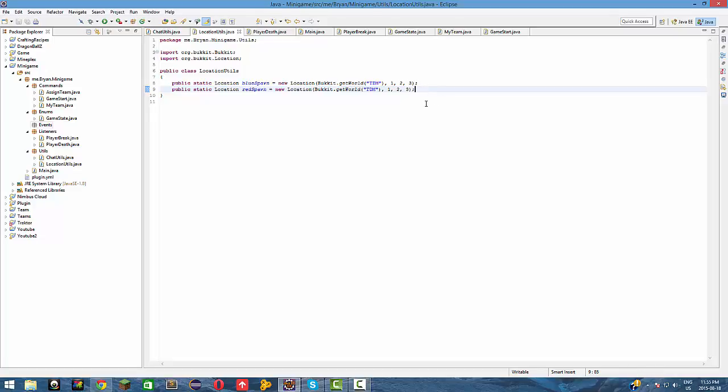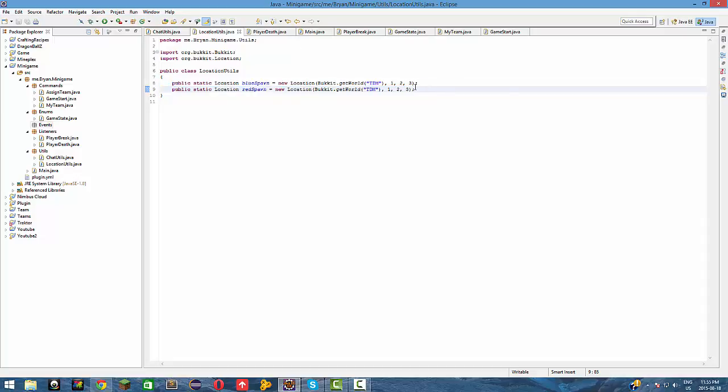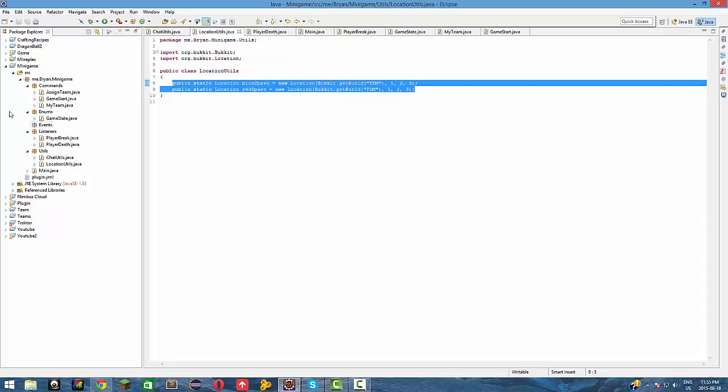My name is Brian, and today we're here with the fourth minigame bucket spigot tutorial. In this one, we're going to actually make the minigame functional, and we're going to be able to test it out. So it's going to be a relatively longer video than usual. First thing I'm going to do, we're going to make